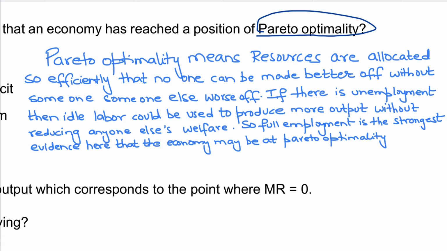And if you reach that situation, it means that you have achieved efficiency, because once an optimal position has been reached, there is no tendency for further improvements. Whatever improvements had to be made have been made. Now, once you reach that optimal position, if you want to improve someone, then you have to make someone else worse off, right? So that's what Pareto efficiency is.